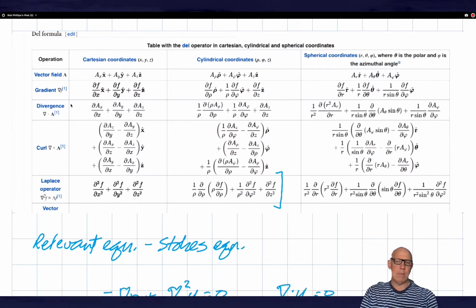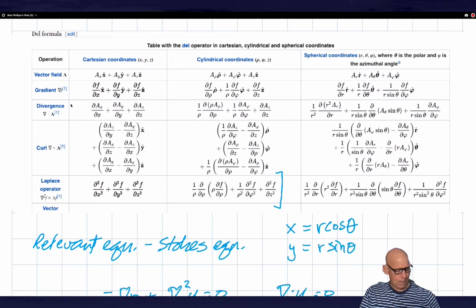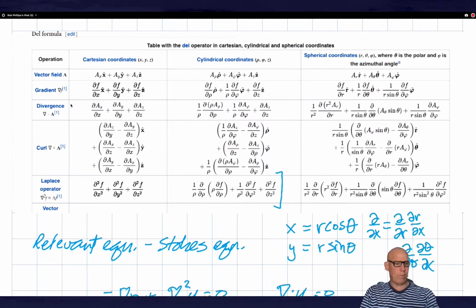You can do that by using the fact that x equals r cosine theta and y equals r sine theta, and then stuff like this: d by dx is equal to d by dr, dr by dx plus d by d theta, d theta by dx. That's the way that you'll find the replacements for the Cartesian operators with their corresponding radial and angular versions, and so on. I'm showing you this just because when we confront a spherical problem,